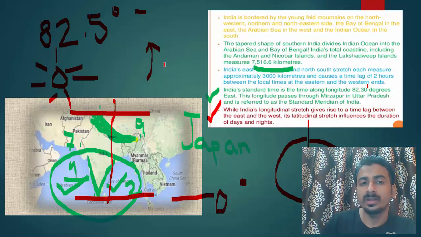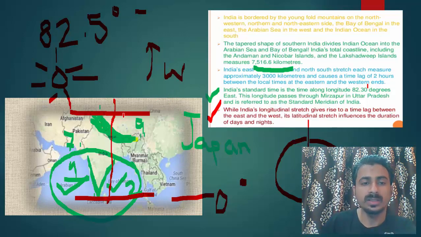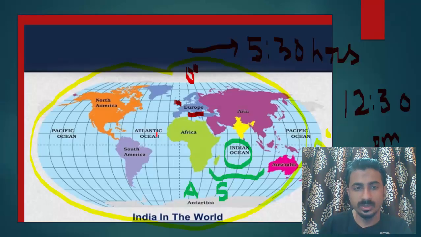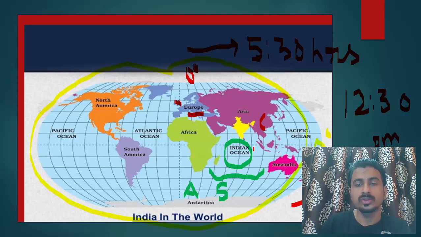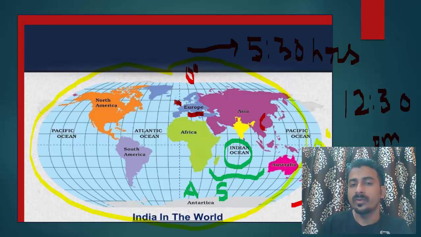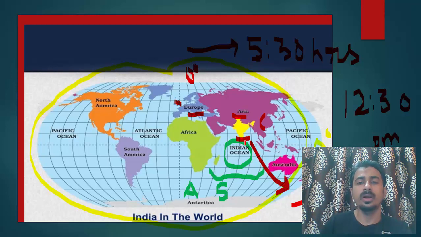What happens in winters? Do you know? In winters, sun goes into southern hemisphere. I will show you this diagram map. So in winters or in December, sun is here. How can you feel it? Because in India we feel cold, winter cold. Why? Because sun is far away from us, so we feel cold. Now what will happen? This place will be colder as compared to this place. Why? Because sun is nearer to this place. And if sun is nearer to this place, the day will be longer here compared to this place. Now you understand what I was telling you.